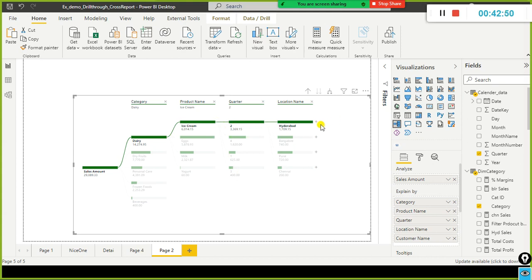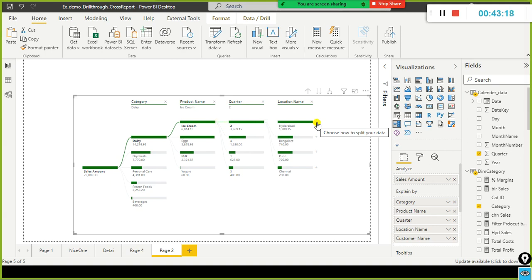And here the city wise we are seeing it, right? In city wise, for example, in Hyderabad city, what is the sales, right? So what is the sales in Hyderabad, Bangalore, Pune, we can see it here. And if you want to see, this is quarter wise, right? Quarter 2, quarter 4, quarter 1, 3. Since I have selected the highest in the quarter of all the 4 quarters, in which quarter we made more sales. And in Hyderabad, what is the sales for that specific quarter, right?